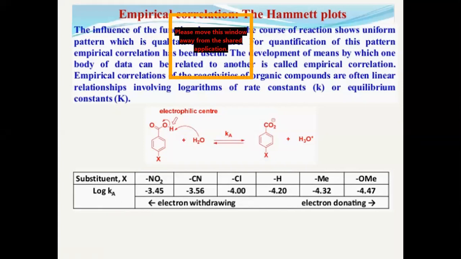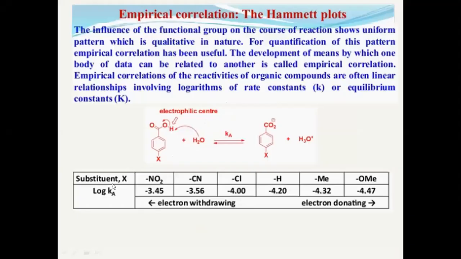And how much withdrawing? Nitro is strong, quantitative and qualitative. So qualitatively there are two types of groups, electron withdrawing and electron donating. Quantity, how do we know how strong, weak or moderate a group is? That you get to know from these values. These values tell which group is how strong, medium or moderate, or you can say weak, in terms of donation of electron or withdrawing of electron. And we can go for this plot also.